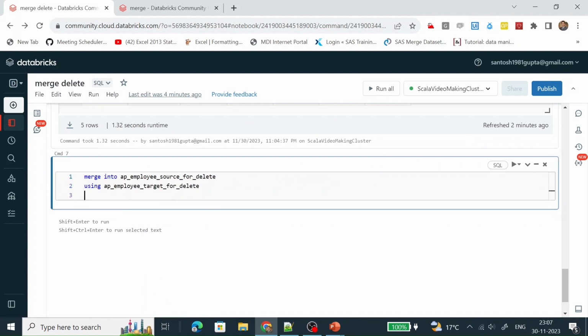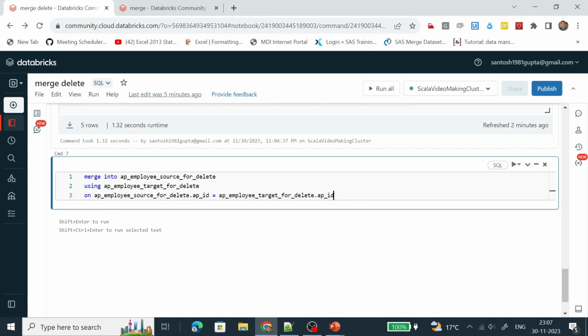Based on what are we merging it? Based on dot APID equal to APID.